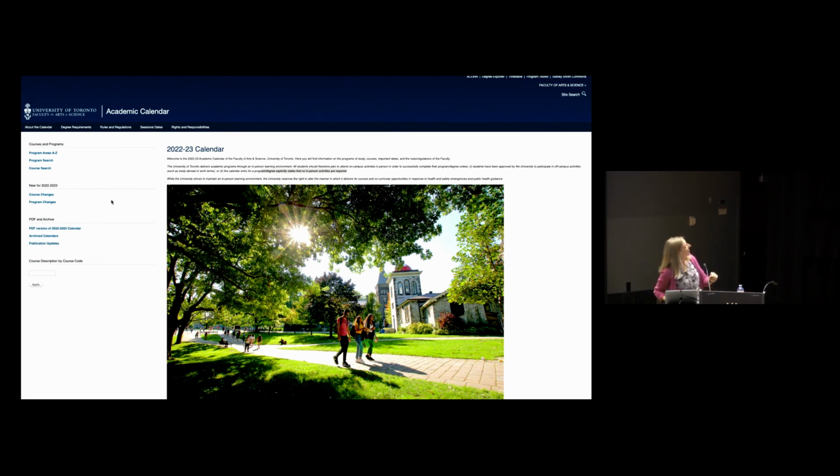All right, so here's the Arts and Science calendar. Here's the degree requirements that I mentioned earlier. Here's the program areas, A to Z. It's not working.